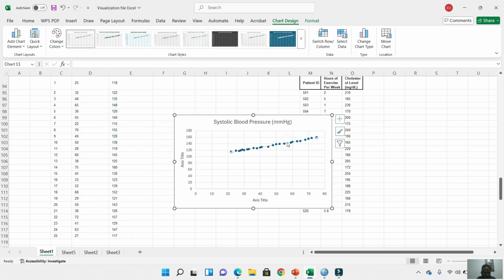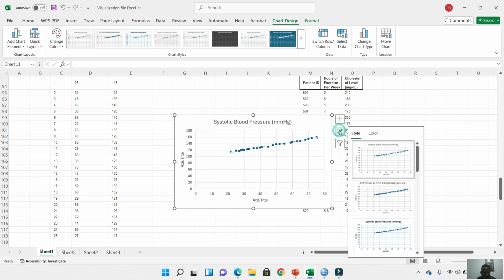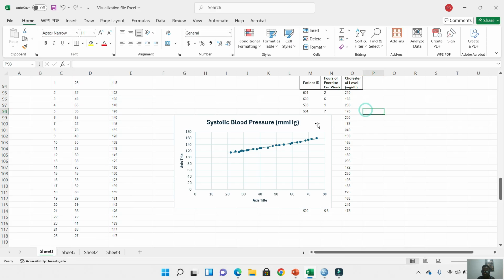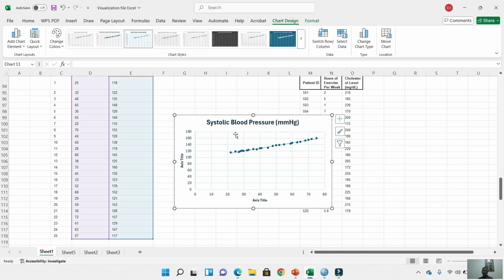I want to format this trend line. Just click on this trend line. I want a different trend line. I don't want broken lines. You can see I've selected another style of trend line, so you're good. So you can see now that you've shown the linear trend association between